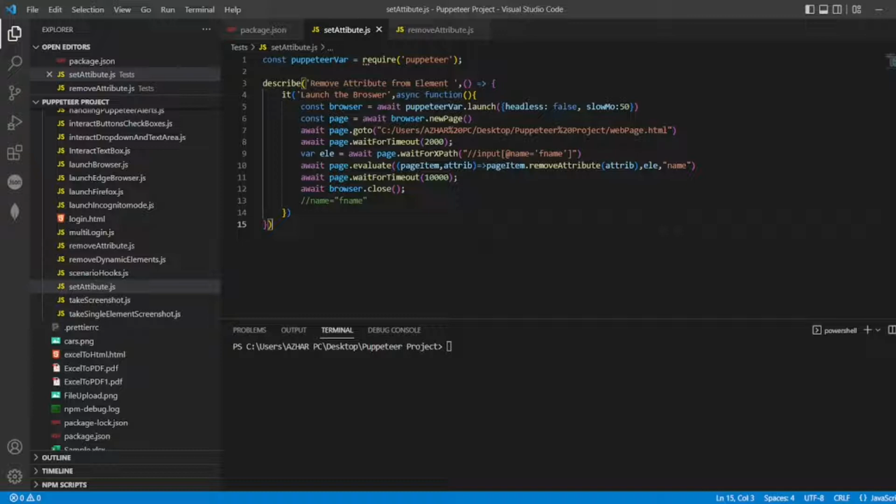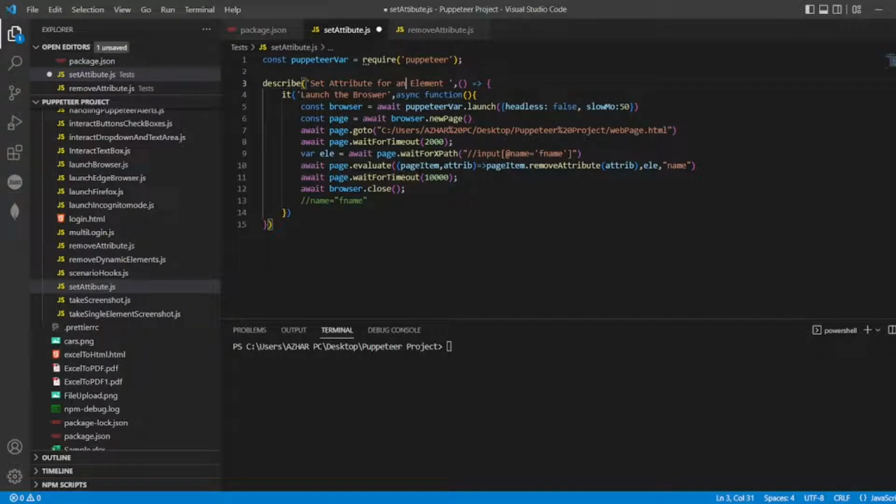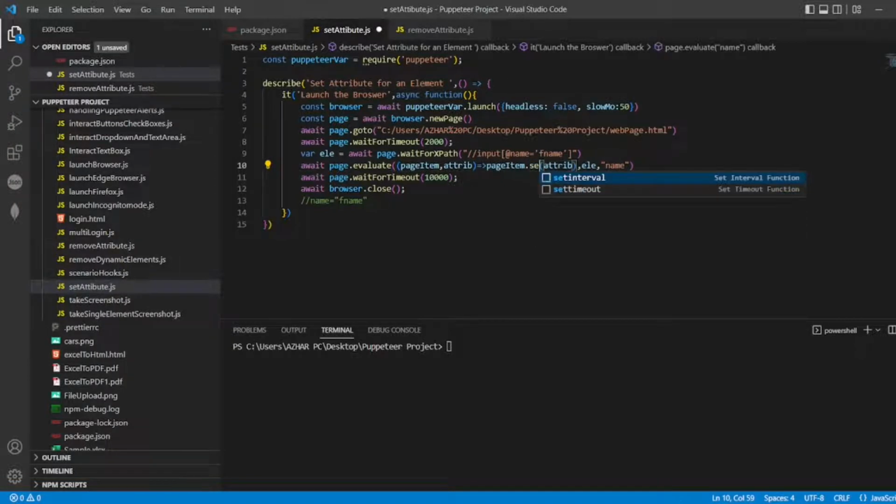So now we have copied it as a set attribute. Set attribute, guys, will take two variables here. The entire code will be same. So I'll be writing here set attribute for an element. For an element here, let it be launch browser. Let the element be this. Instead of remove attribute, I'll put set